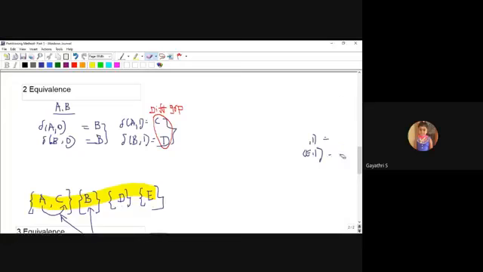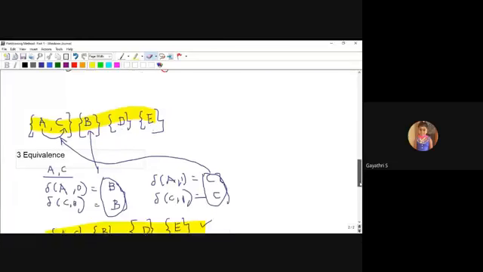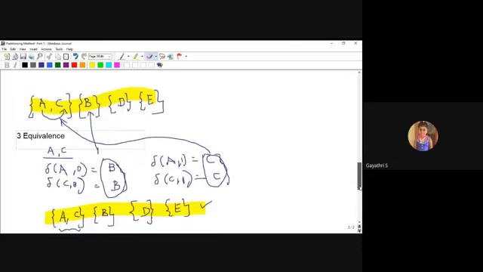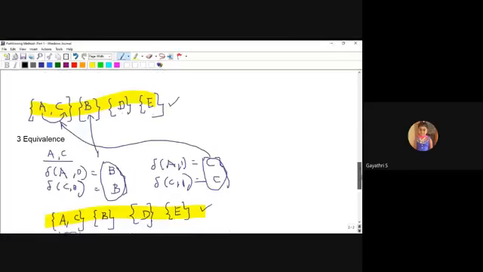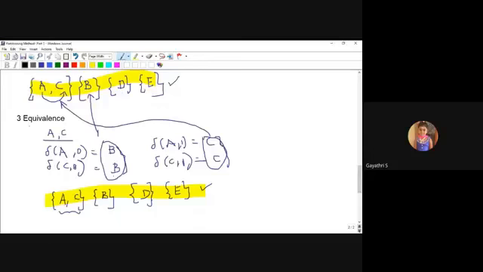In the second equivalence, state B is separated. This is the result of the second equivalence. In the third equivalence, again compare A and C. The AC pair: A on 0 and C on 0 go to the same state B, and A on 1 and C on 1 also go to the same state, C, C, which is also in the same group.